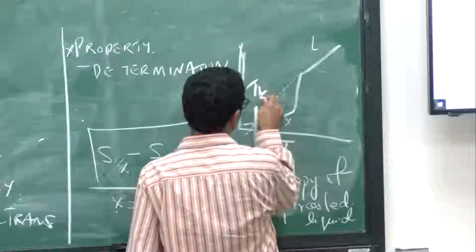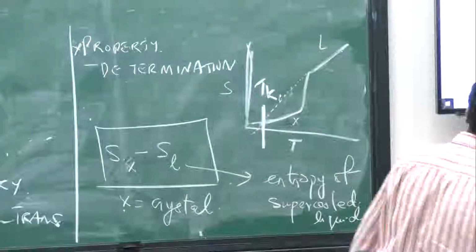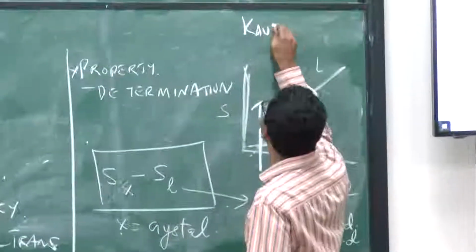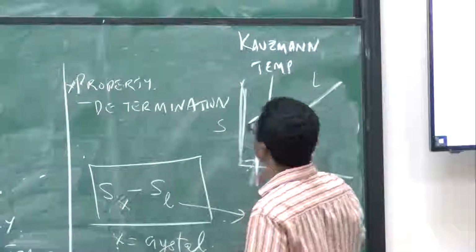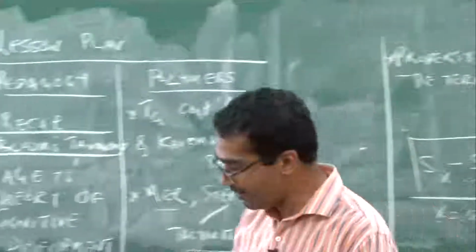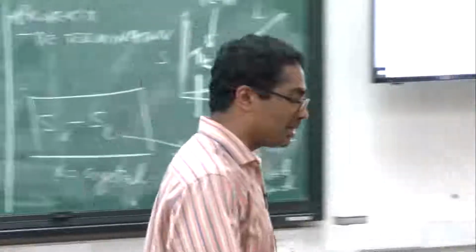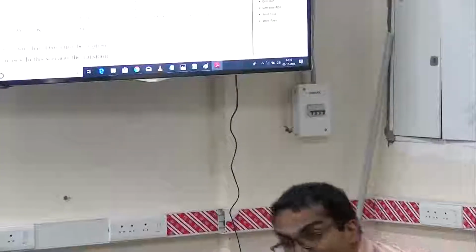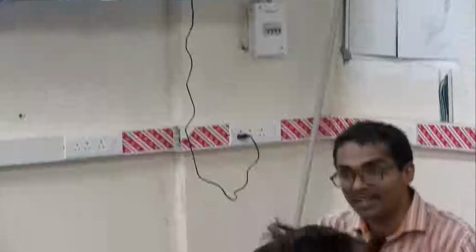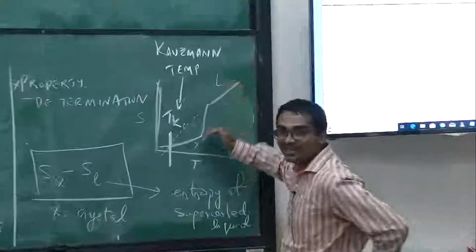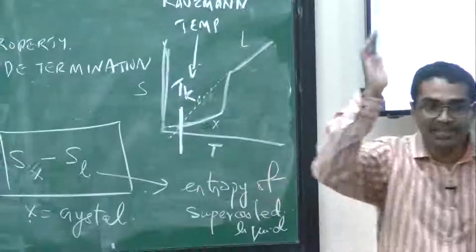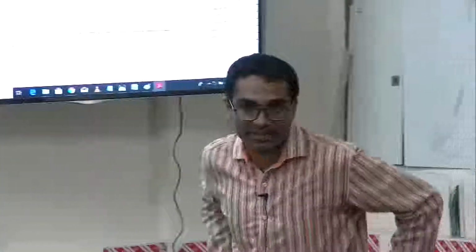So, this temperature is called the Kauzmann temperature. So, if I have a liquid with potential for supercooling, it's true that you can supercool, but you can't do it infinitely. You are limited by the Kauzmann temperature. Very good argument. As a consequence, it depends upon the specific heat capacities here and the specific heat capacities here, and how their integrals basically pan out over temperature.